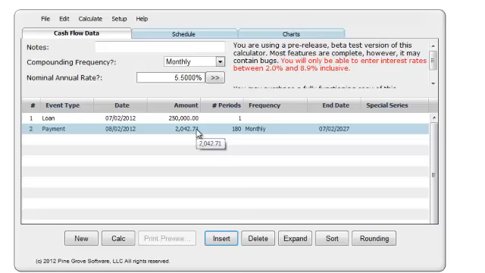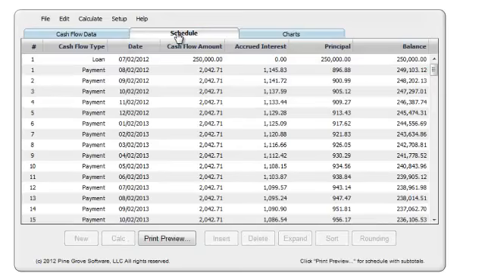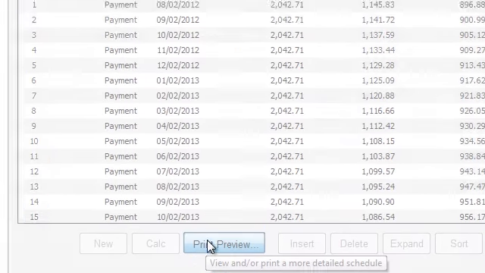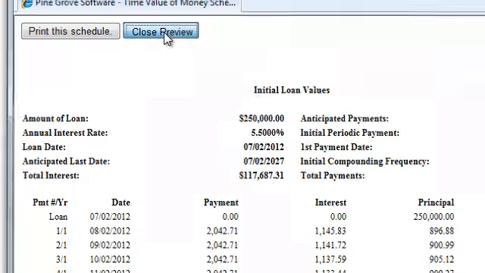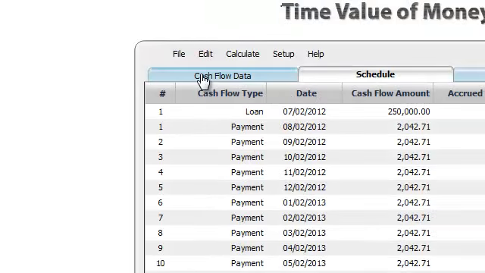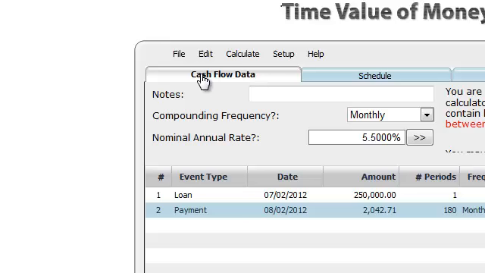$2,042.71. Now the point of making extra payments is to see how much interest we're going to save. So let's click on the Schedule tab, go to Print Preview to see the detail, and the detail tells us that we have a total interest of $117,000 and some odd dollars. So we'll remember that $117,000 figure, close the preview, come back here to our calculator screen by clicking on Cash